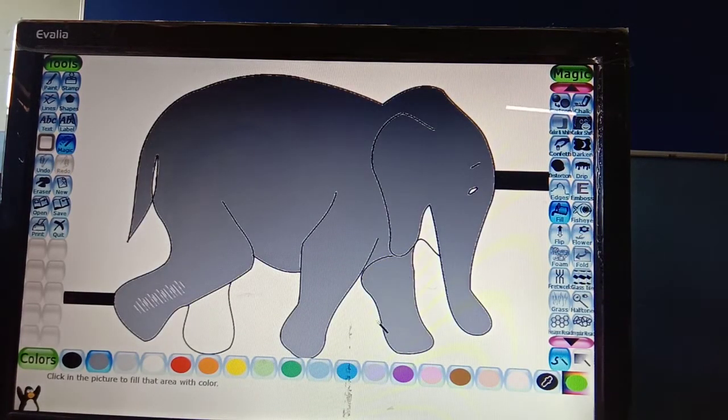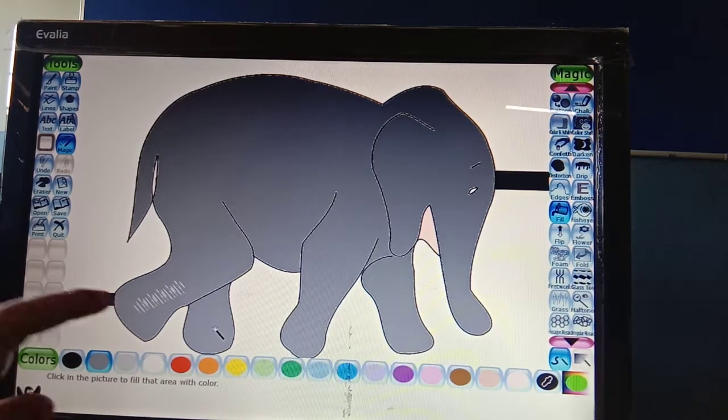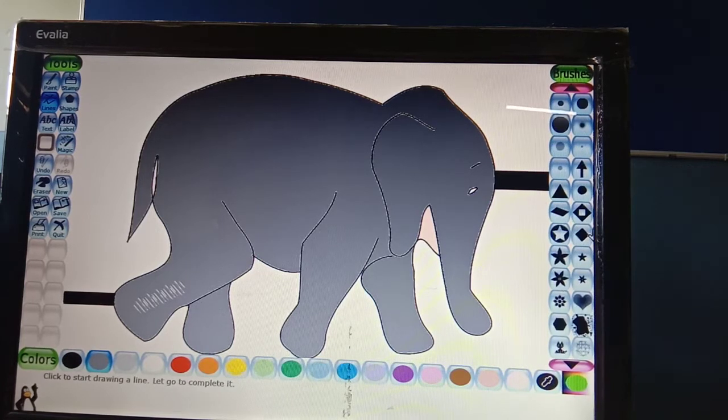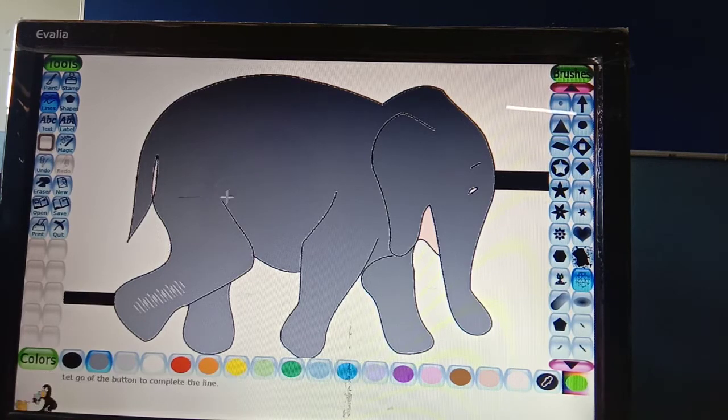See, your elephant is in gray color. This is the color of the elephant. We will choose a gray color for that. So this is your elephant. And this comes with the help of what I showed you in the line tool. Wait a minute, the color should be different.